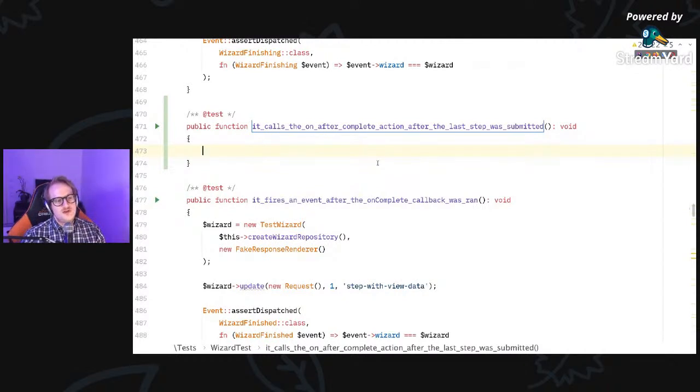Okay, and so the way I like to write my tests is I actually start from the bottom up. So I write the assertion first, right? Under which conditions should this test pass? So I want to verify that this action was called. The easiest way to do this would be to just have a spy and then say, should have received. I usually dislike this